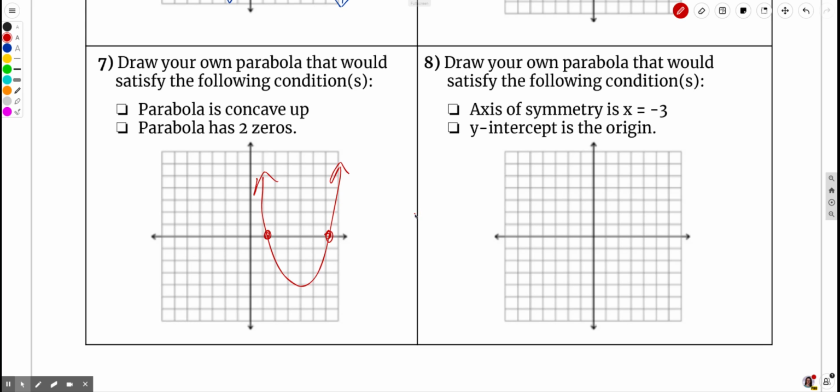In number 8, our axis of symmetry is going to be x equals -3, and our y-intercept has to be at the origin. So what's going to be important is for us to use the symmetry and make sure that if the origin is on our graph, -3, 0 is also on our graph. So that concludes the work for